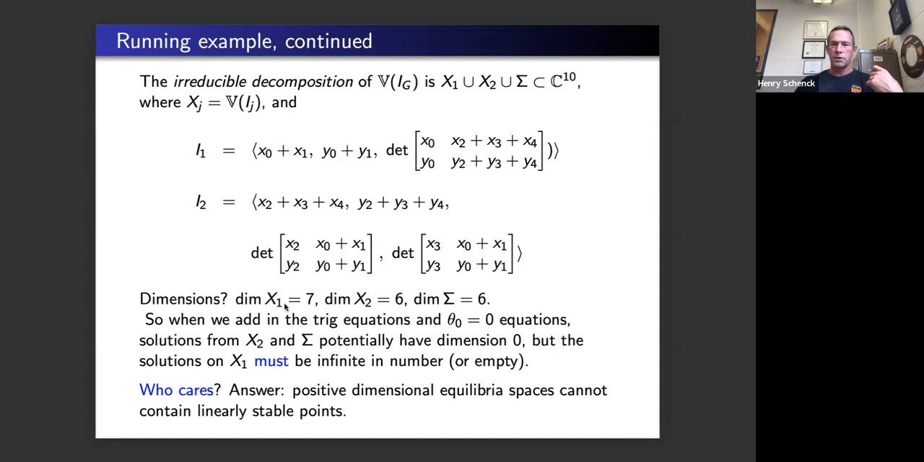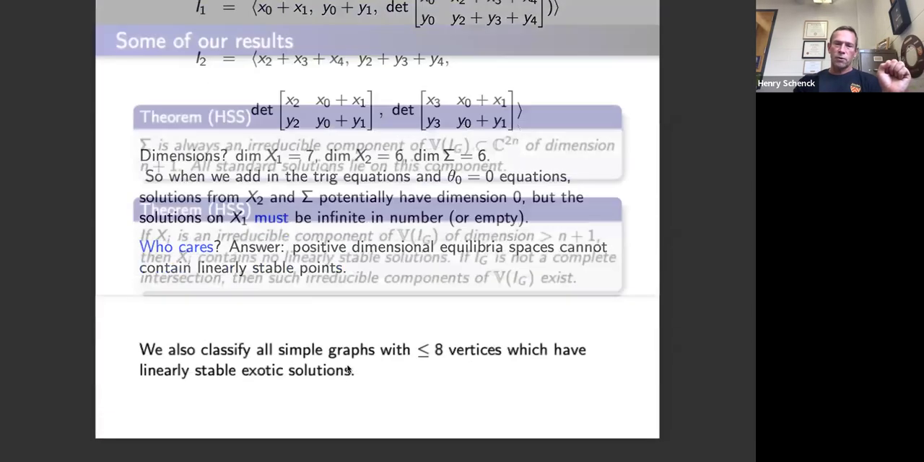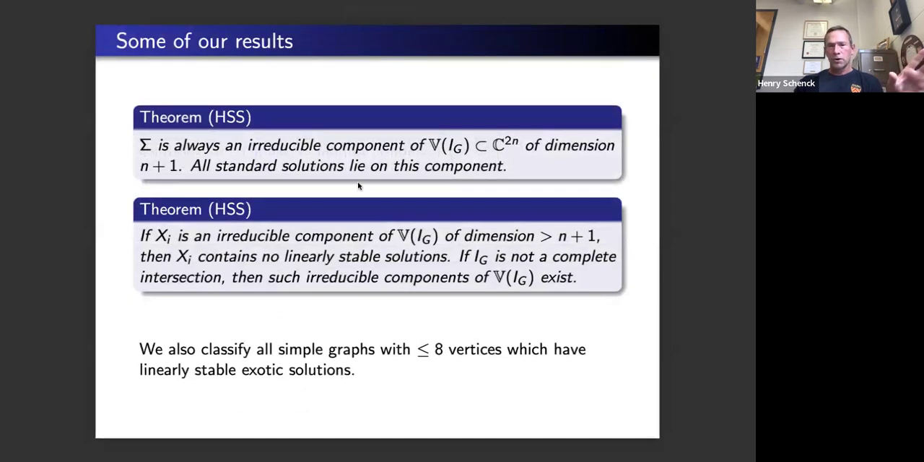And so what's the situation down here? It turns out that this x1 has, as I said, dimension 7. And so when we add in the other equations, we can't have zero-dimensional solutions. We can have zero-dimensional solutions on this x2 component and on the Segre variety, but it turns out that on the Segre variety, those are not linearly stable. And so that's the end of the theoretical portion. There are two theorems here. One of them is the first one that I mentioned about the Segre variety putting in an appearance. The second one is